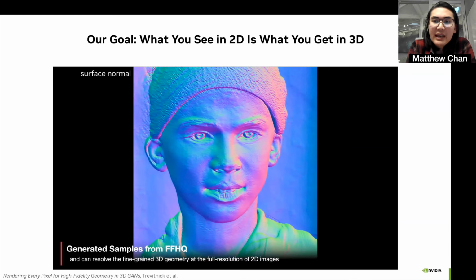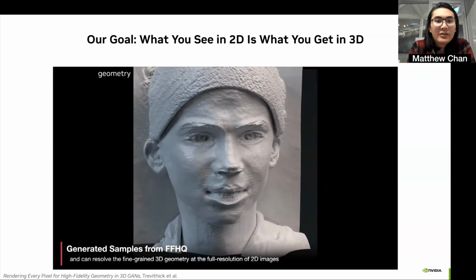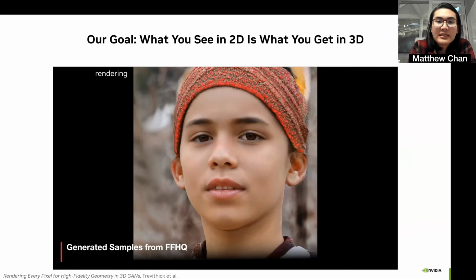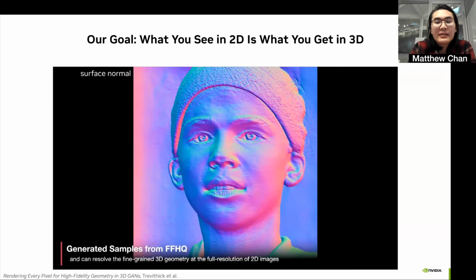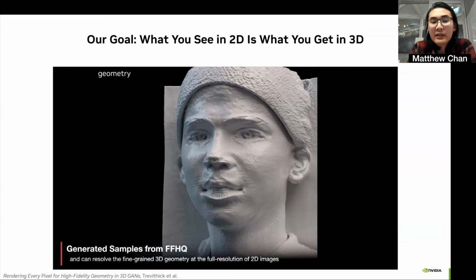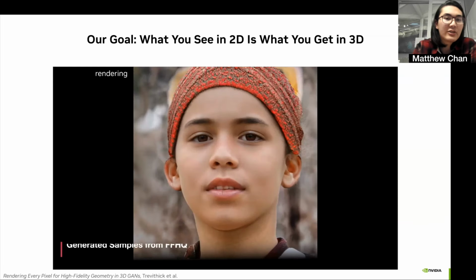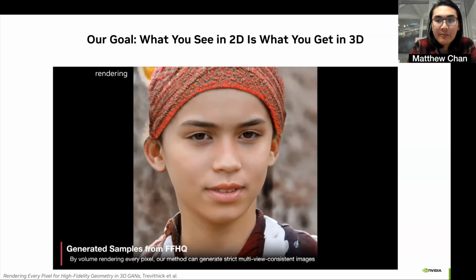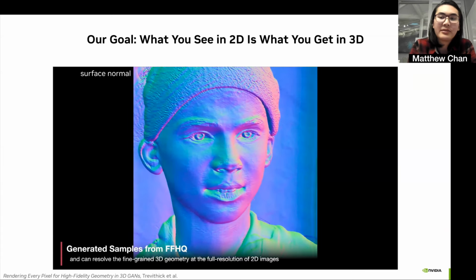Our goal was to maintain the extreme versatility and generalizability of these 3D volumetric representations, but still allow us to solve the fine-grained 3D detail and maintain global consistency by, instead of rendering patches or low-resolution approximations, natively scaling the resolution of the 2D images that we render. Ideally, though, without inheriting the exorbitantly high compute costs of NeRF.